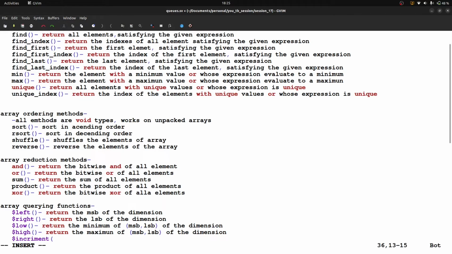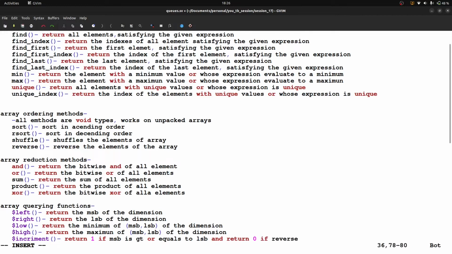$increment. Return 1 if MSB is greater than or equal to LSB, and return 0 if reverse.